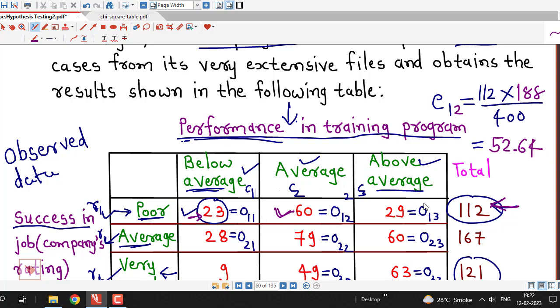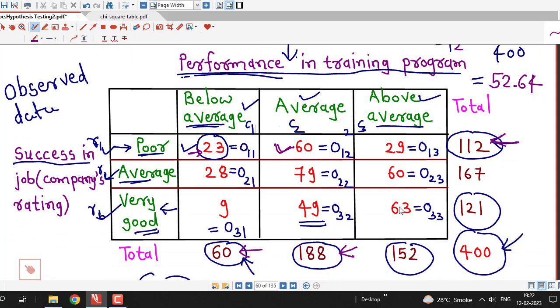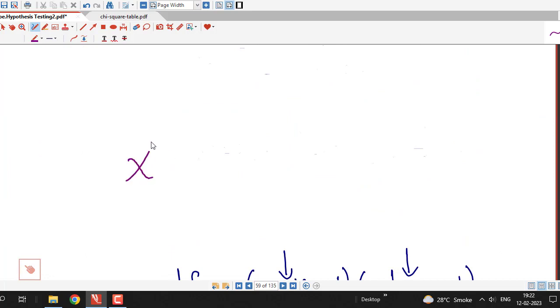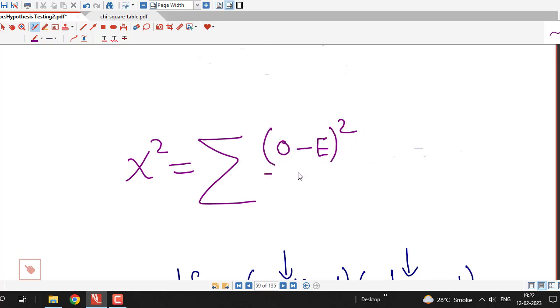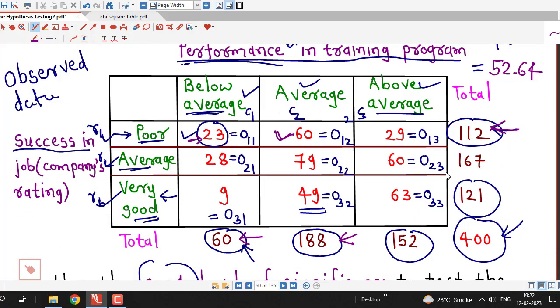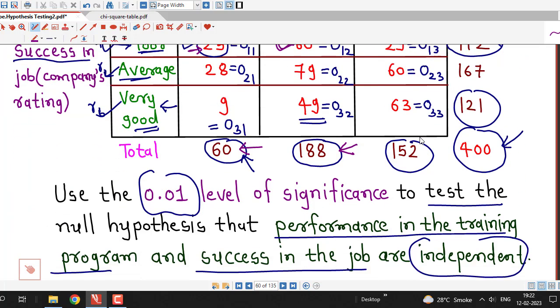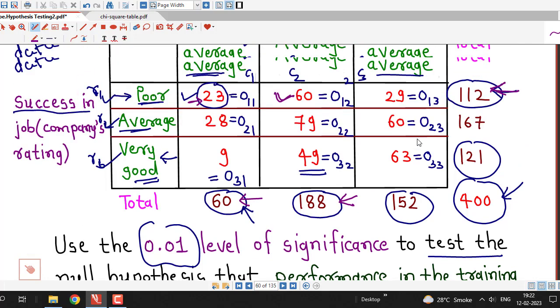So in this way we have to calculate corresponding expected frequencies for each cell, because we will require to calculate the value of the test statistic, and it is sigma observed minus expected frequency whole square divided by expected frequency. Because this requires expected frequencies, we have to calculate expected frequencies for each cell. Here there are total 9 observed frequencies, so we have to calculate 9 expected frequencies, and I have calculated all those expected frequencies